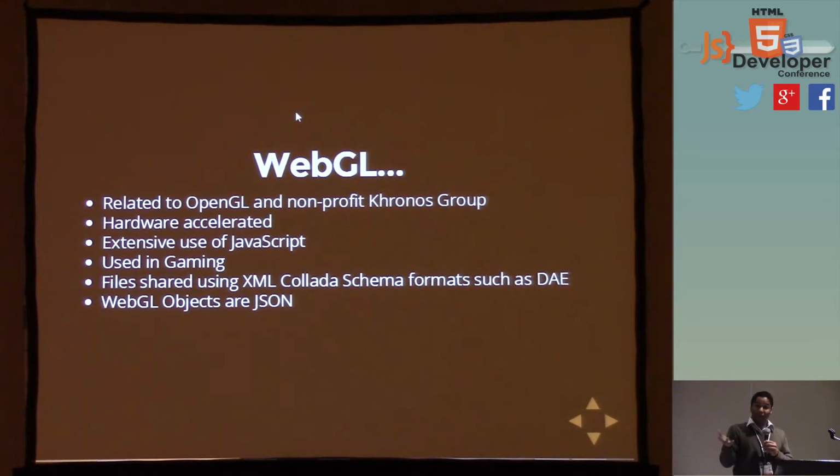WebGL assets are mostly in JSON, although it's possible to take XML. From Blender or Maya or 3ds, you can export the objects that you create and share them with other programs. The one that I've seen work best is a Collada-style XML, from which you can read the actual vertices and the matrices related to one another. In a more complicated scene you can actually do animations from frame to frame. These things are rather hairy to work with, but for the most part, when you're doing WebGL, you're going to be using a JSON data format.